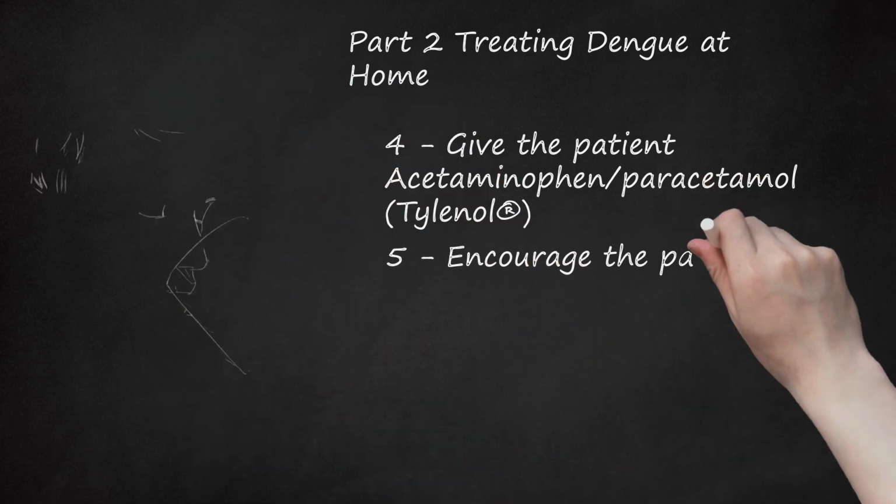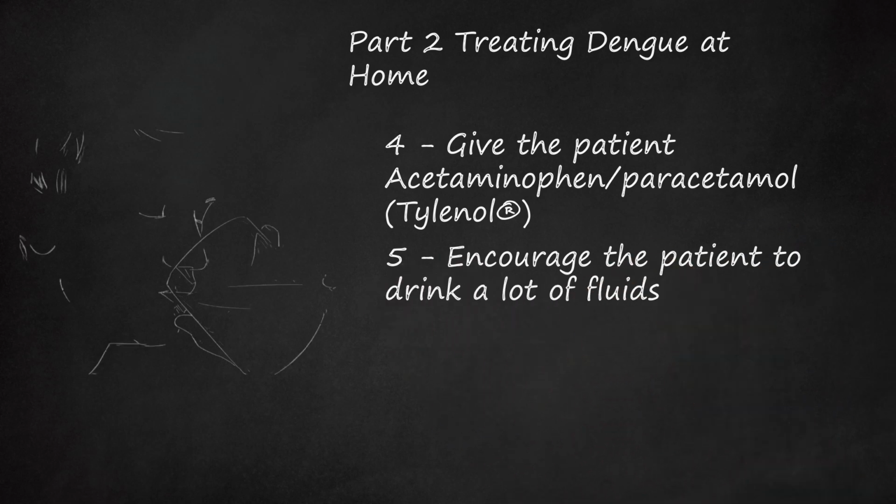5. Encourage the patient to drink a lot of fluids. Patients should be encouraged to drink water, fruit juice, and oral rehydration solutions to prevent dehydration from fever or vomiting. Adequate fluid intake decreases the chance that a patient with dengue will have to be hospitalized. Men and women, ages 19 to 30 years, should aim to drink 3 liters and 2.7 liters of water per day, respectively. Boys and girls should have 2.7 and 2.2 liters of water daily, respectively. For infants, the intake is